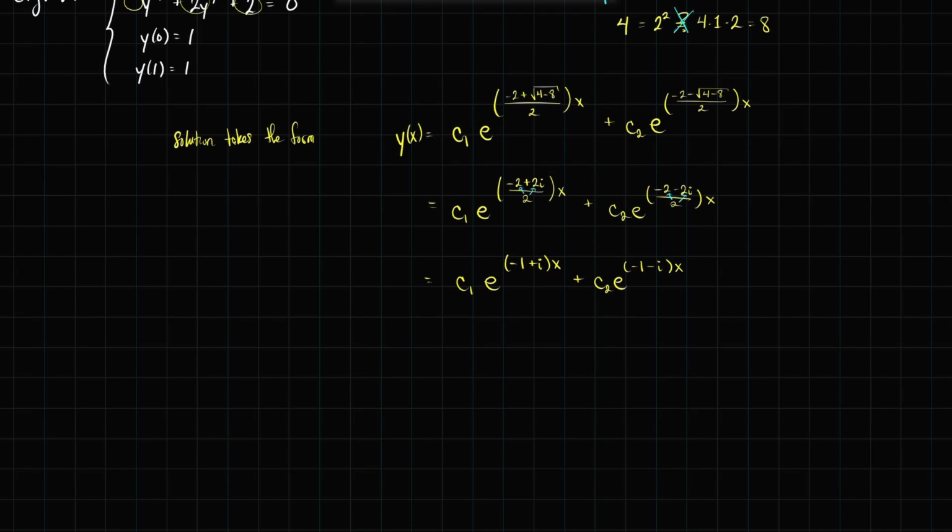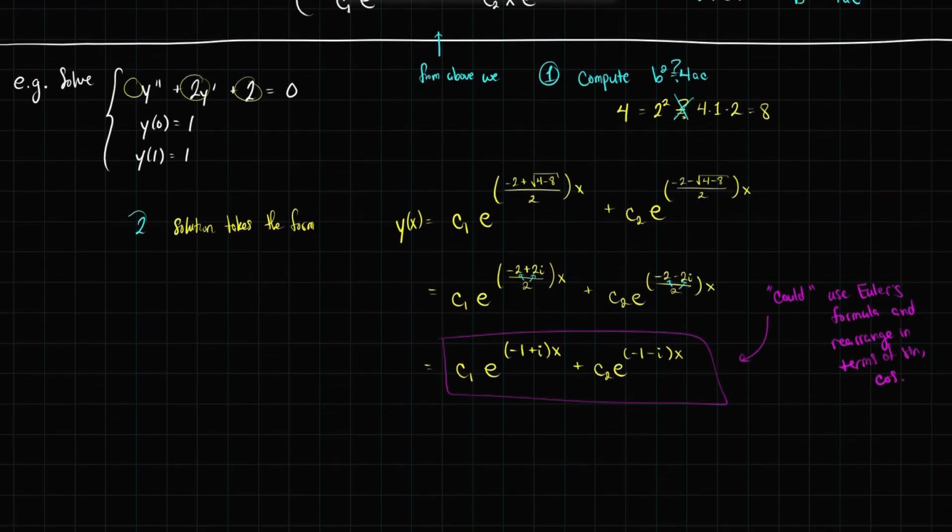If we want to, we could use Euler's formula and simplify this in terms of cosine and sine. I'm not going to. It's usually not to our advantage unless you really care about cosine and sine. I'm satisfied with what it looks like right now. But there's always a second step here. And maybe I'll call this the third step, because the second step is that the solution takes this form. The third step,